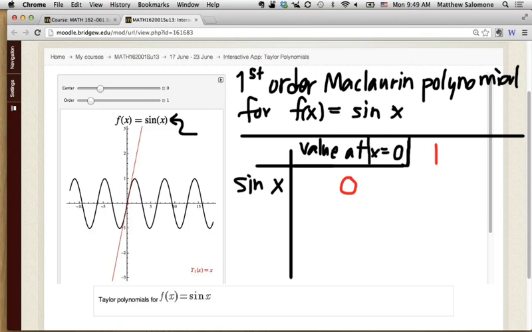In other words, if I call my Maclaurin polynomial p of x, then at x equals 0, p of x should also equal 0. And if I do that, really what I'm requiring is that my polynomial pass through the origin, pass through the point 0, 0. So if I just quickly keep track of what p of x might look like, down here on the bottom,